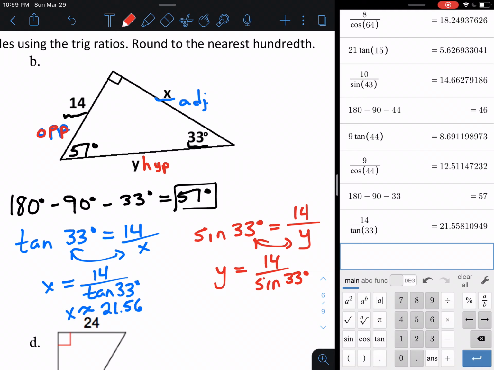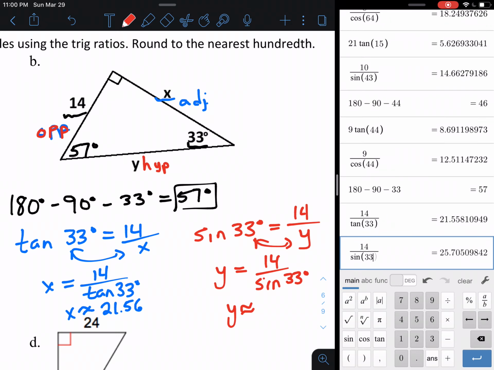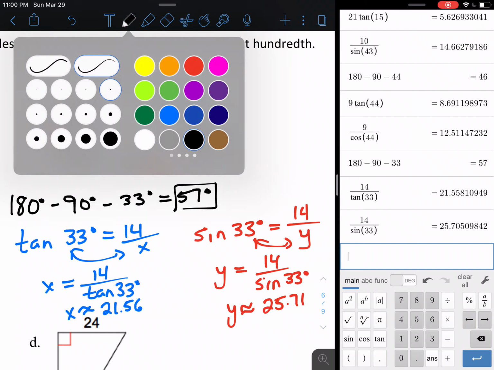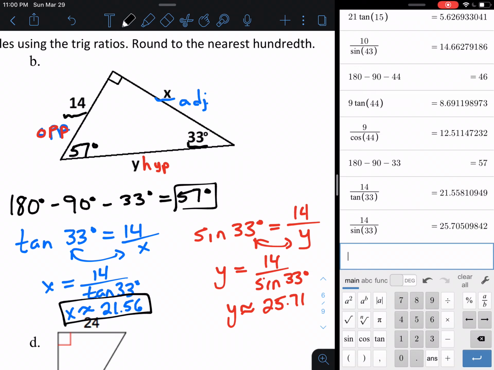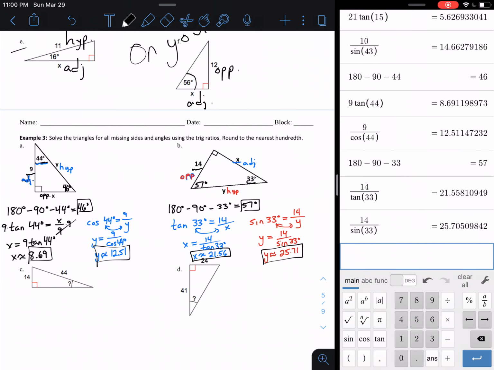You can see that the equations are very similar that we're solving. And then we'll type that into our calculator. 14 divided by sine of 33. Oops, not cosine. Sine of 33. There we go. It's 25.71. Okay. So you've got your missing angle, and you've got your two missing sides. Cool. All right. Let's go ahead and keep this in order, because I think C would be a good